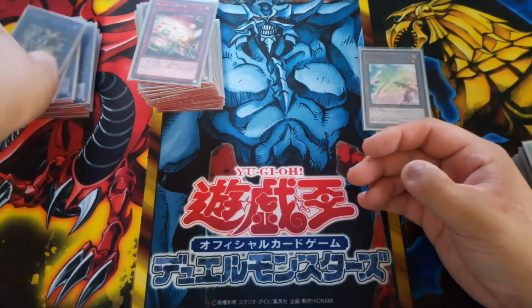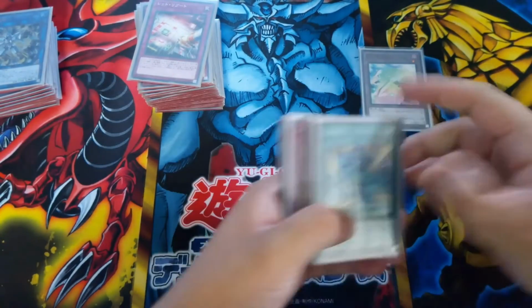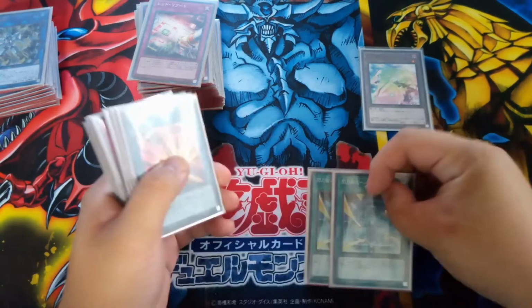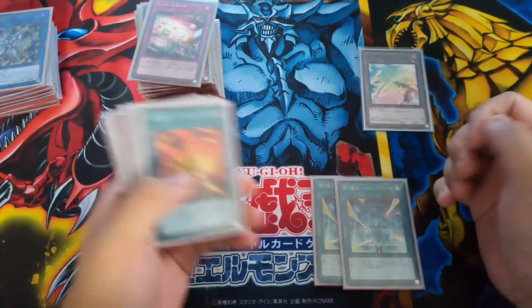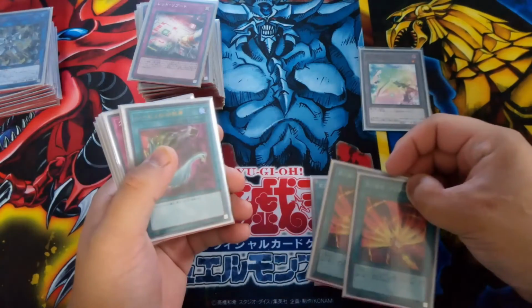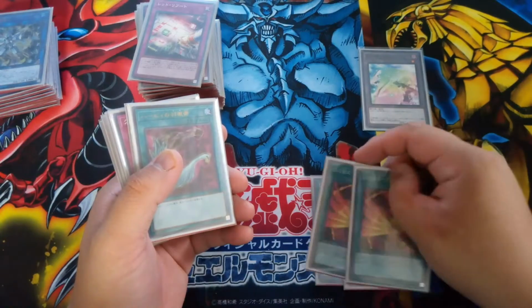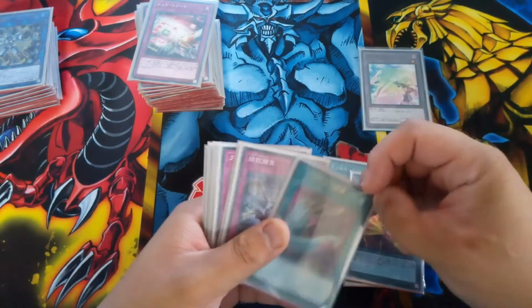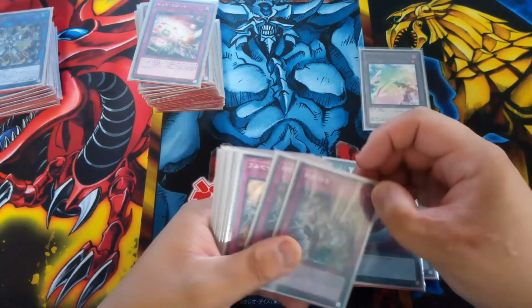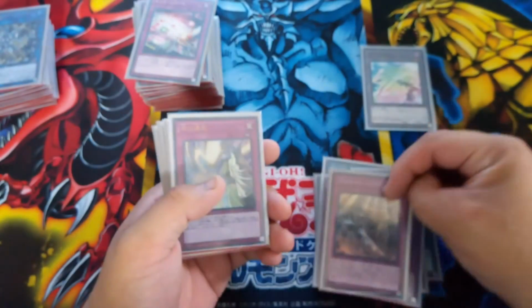Alright, moving on, I'm going to showcase my side deck. I run 2 Jamming Waves, Sky Striker tech, Jamming Wave, 2 Afterburners. So this is to remove back row, this is to remove front row monsters, 1 Harpy's Feather Duster, 2 Evenly Matched, 1 Crusadia Vanguard,